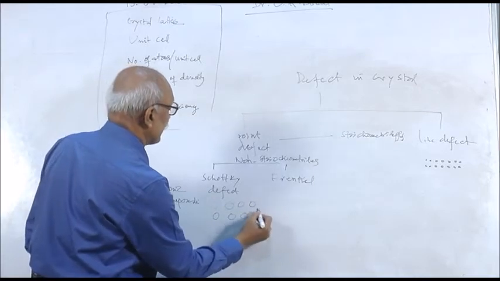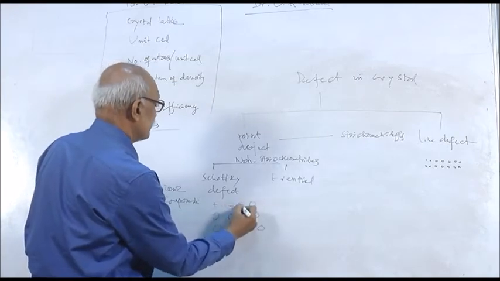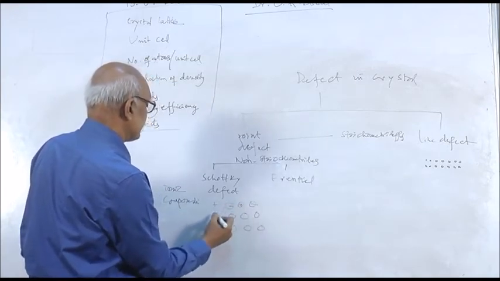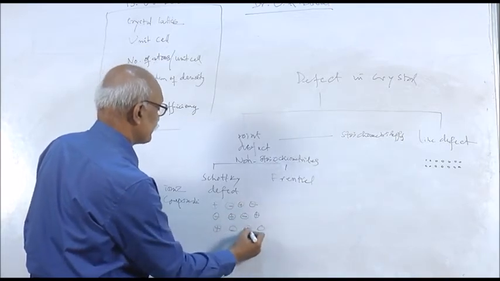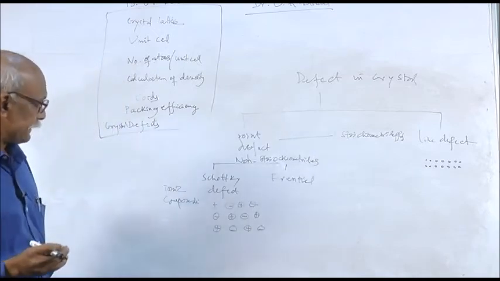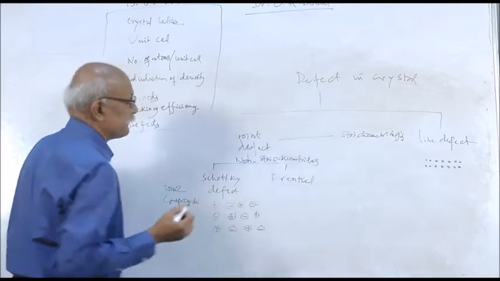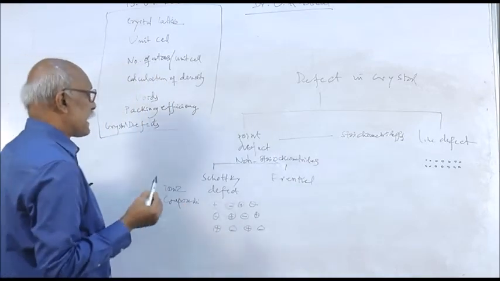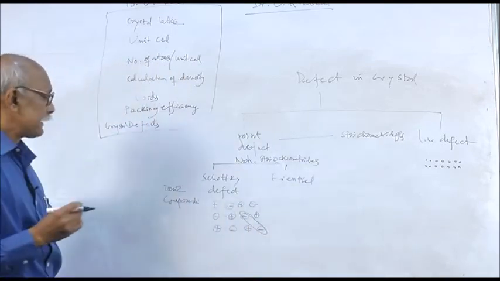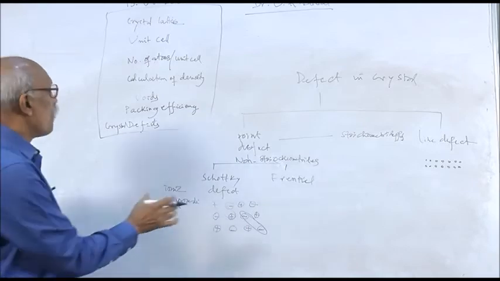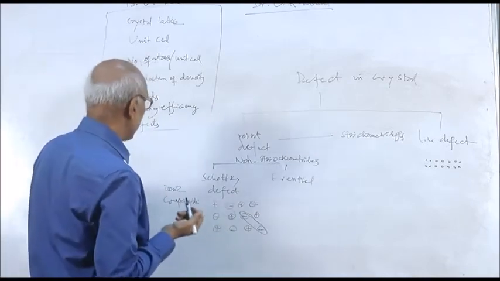It is present in the crystal lattice. Suppose here is plus, minus, this is a vacancy defect, minus plus, minus plus, plus minus, plus minus. Plus means cations and minus anions. So if two cations are leaving their lattice sites, two anions must also leave their lattice sites. As a result, the crystal remains neutral and holes are formed in these places. Holes will form, which are responsible for different physical properties.